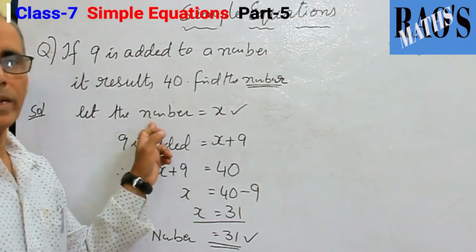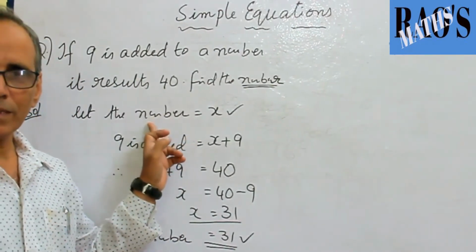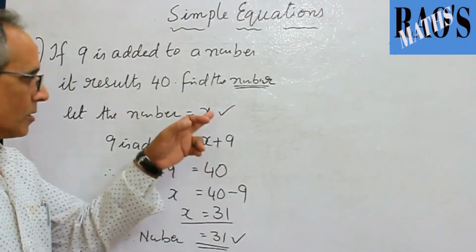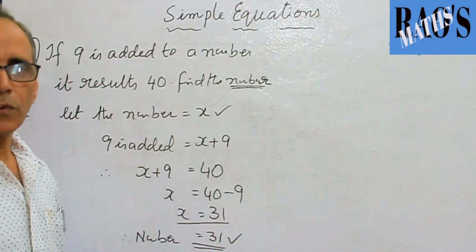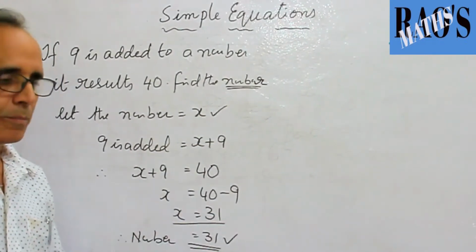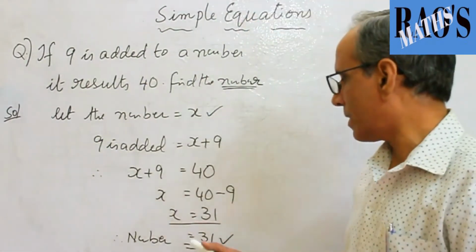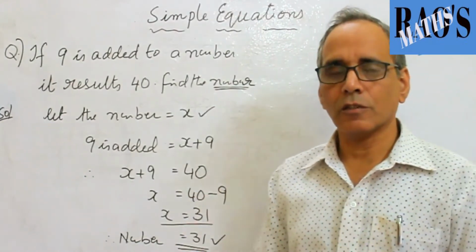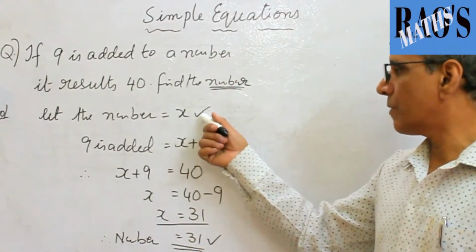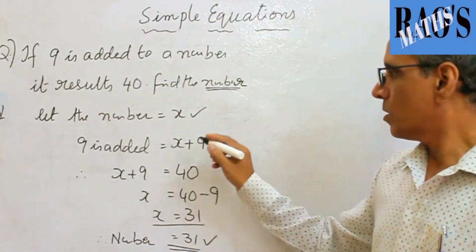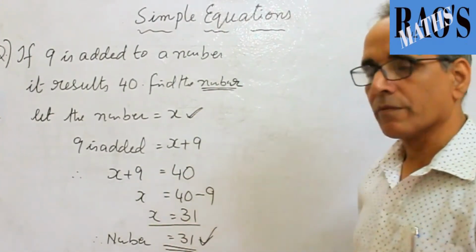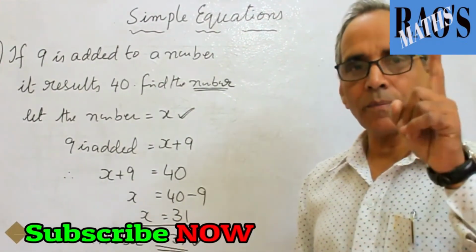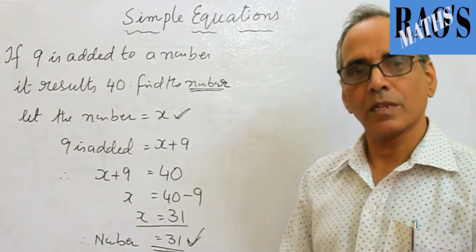Suppose x is the number of boys. Let the number of boys is equal to x. Your answer should end up with therefore number of boys, not with x. Suppose x is the length, therefore length is equal to so and so. So these are very important. Otherwise, if you end up your answer by saying x is equal to something, you lose half mark here, because what is x meant for? So without declaration of variable, don't write x plus 9 is equal to. The first statement and last statement are very important. If you miss both, you lose half mark minimum. So declaration of variable and decoding the variable in all verbal questions are important.